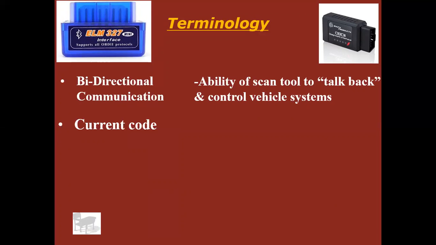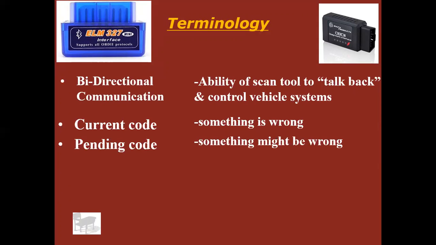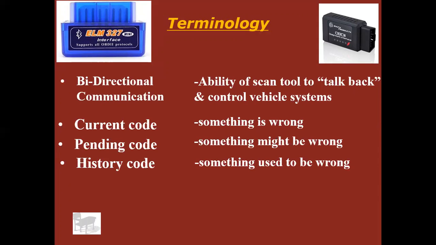Current code, and there's a long definition for these, and I just try to keep them simple. Something is wrong with the car. Okay, if the computer gives you a current code, something's wrong. Pending code, something might be wrong. It's still trying to figure out if something is wrong. It's still running tests. History code, something used to be wrong. Okay,